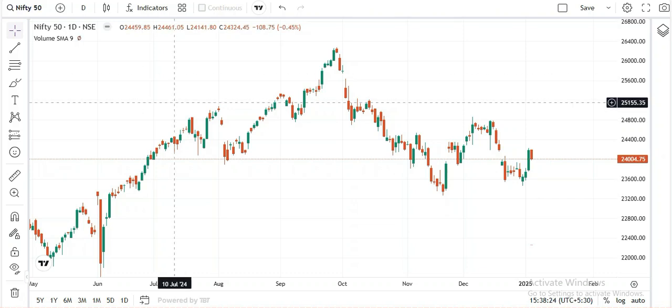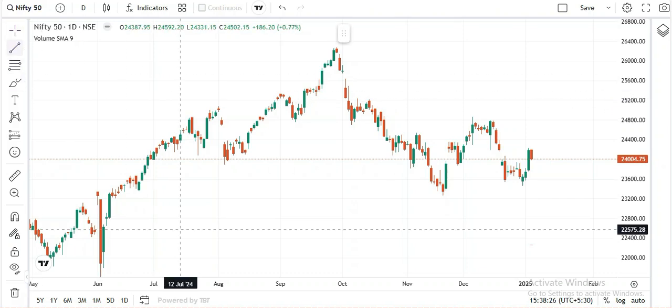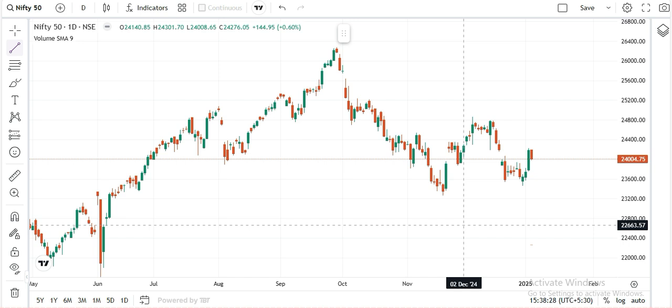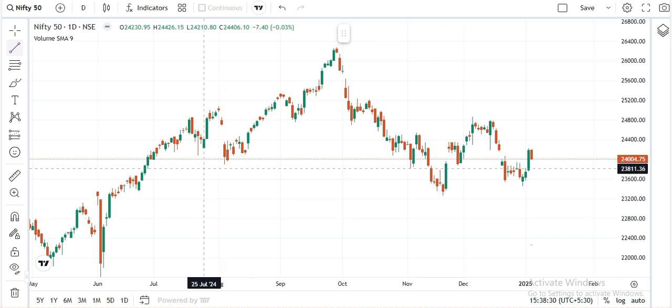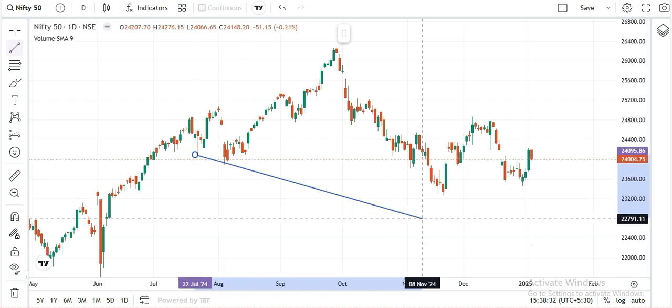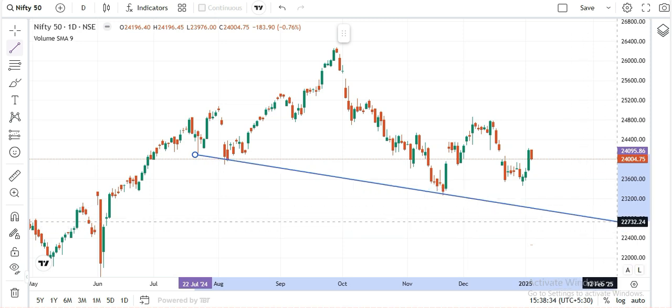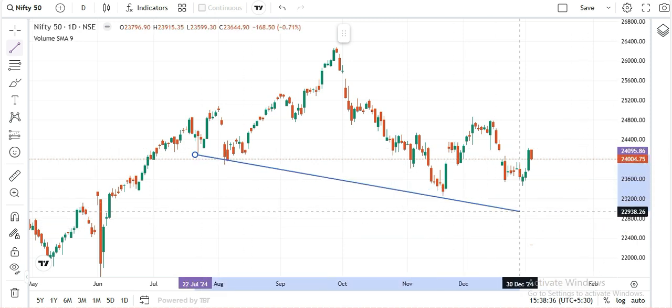Hi, welcome. Now let's check how the market is going to perform in the coming week. This is a Nifty daily time frame. First, we will check, use the trend line. If you draw the trend line for this,